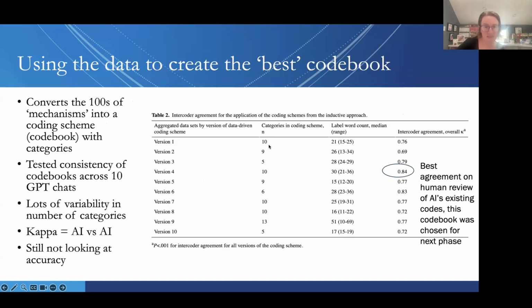And what's really interesting to me is that some of the code books had 10 categories, right? Those big bucket things, 10 buckets. Some had 5, some had 6. It just depended on which version. I open a new chat window and it's a new code book. This one's got 9. I open a new chat window, the new code book, this one's got 5.